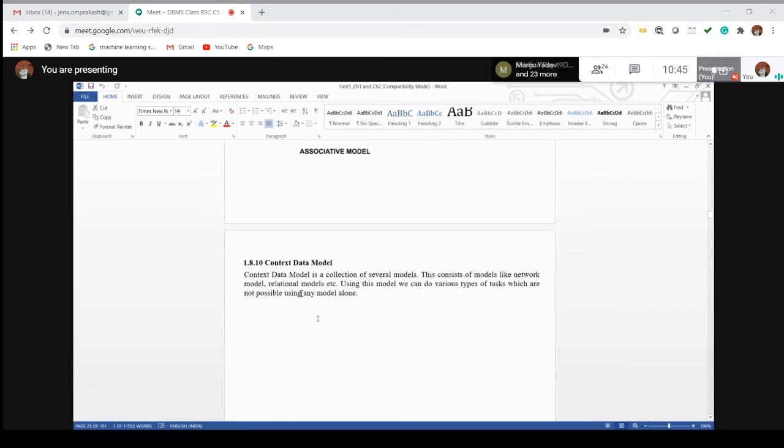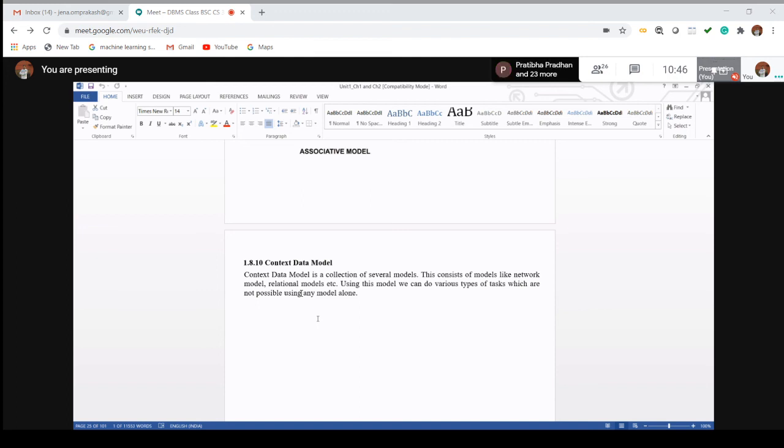Okay, and the last one is called the context data model. The context data model is a collection of several models like network and relational. If you combine multiple data models to form a single data model, then it is called a context data model. Using this model we can perform various tasks which are not possible using any model alone.